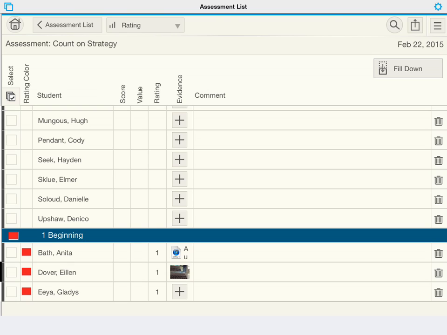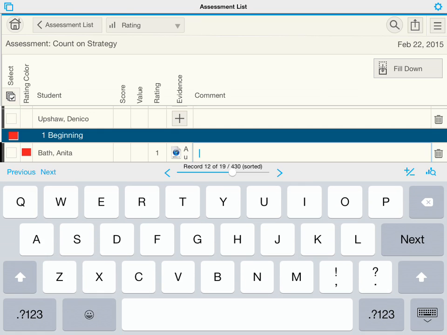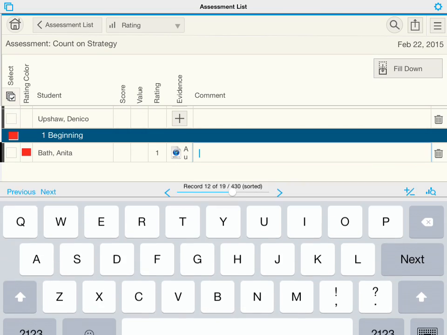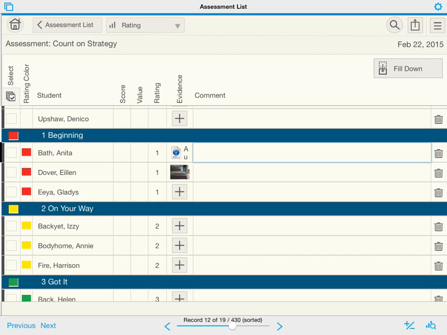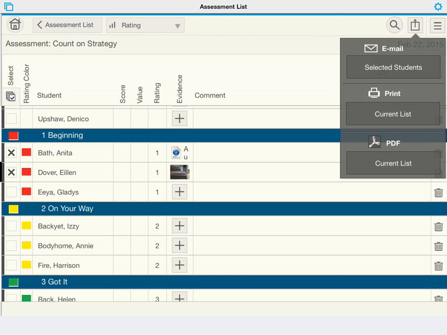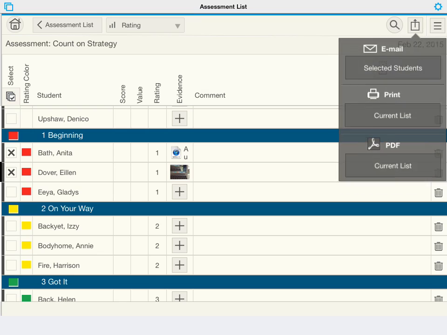Now the next thing is I can also email that evidence and the rating and any comment I've made. Now I haven't put any comments in here, but sometimes I'll go in and put a little comment beside the person indicating something about how they're doing. But for now, let me just pretend. I'll click these two people here, and I'm going to email these to their parents. So I click the top there. I'll press it again,